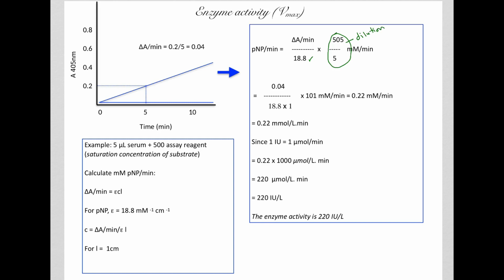So basically we had a total volume of 505 microliters. The actual amount of sample serum was only 5 microliters. So this will give us a dilution factor. So that comes out to be 0.04, which is your delta A per minute, multiplied by 18.8 times 1. Dilution factor is 101, and this comes out to be 0.22 millimolar, because the units of this 18.8 is in millimolar. So 0.22 millimolar para-nitrophenol